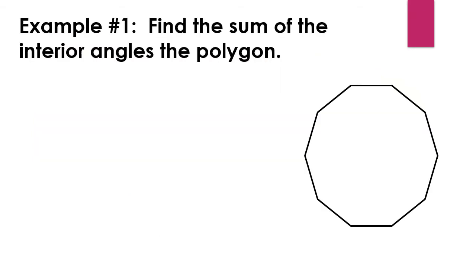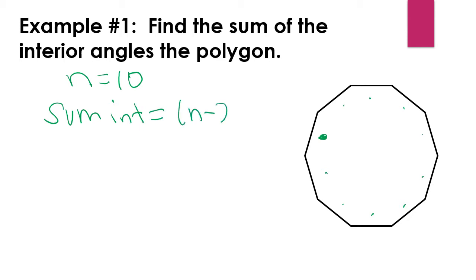Example number 1, find the sum of the interior angles of the polygon. So the first thing that we have to do is determine the number of sides our polygon has. So if we start counting here, we have 1, 2, 3, 4, 5, 6, 7, 8, 9, 10. So we have a decagon with 10 sides. If we think of the sum of the interior angles, and we use our formula, n minus 2 times 180, we have 10 sides minus 2